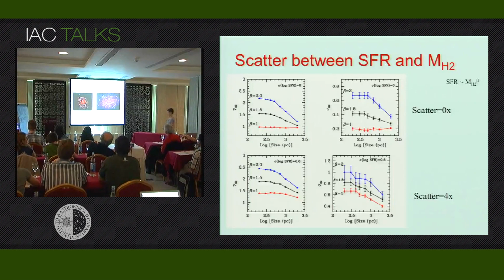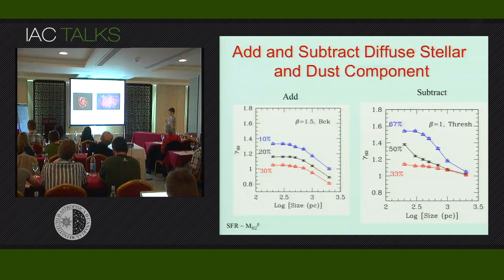In addition, you find a common trend that as you increase the region, what you end up having is a one-to-one correlation. Why? Because when your region is big enough, as I said earlier, you're sampling fully the mass function of clouds, all beams are identical to each other, and therefore at that point they start sliding on a one-to-one correlation. For fun, I also added and subtracted diffuse stellar and dust components to see what kind of effects, but we can have a very intuitive understanding of what those components do.